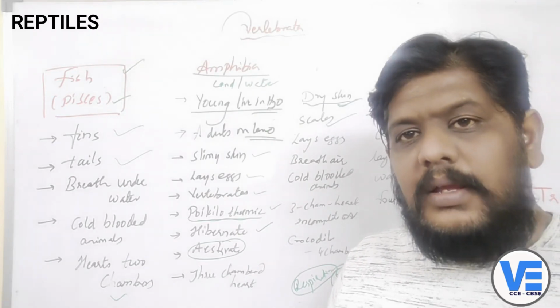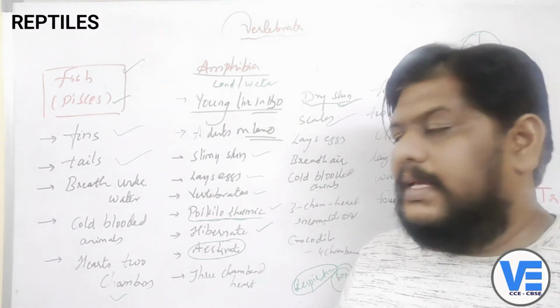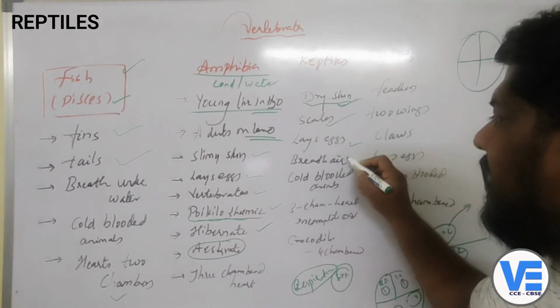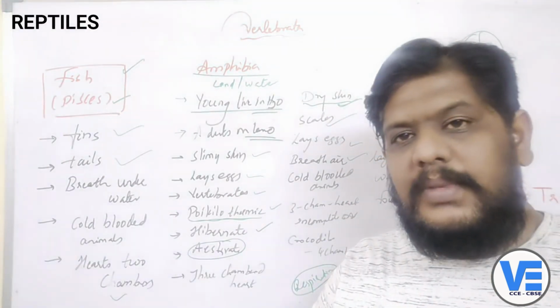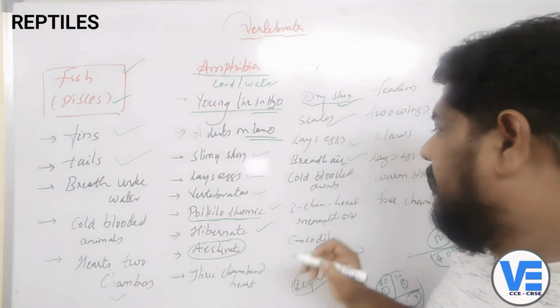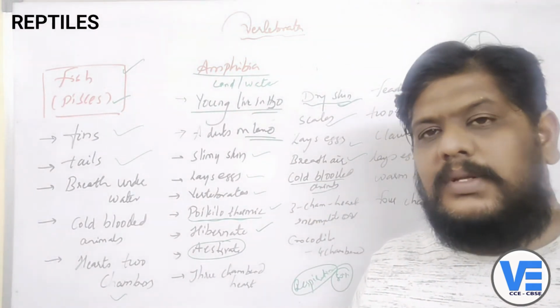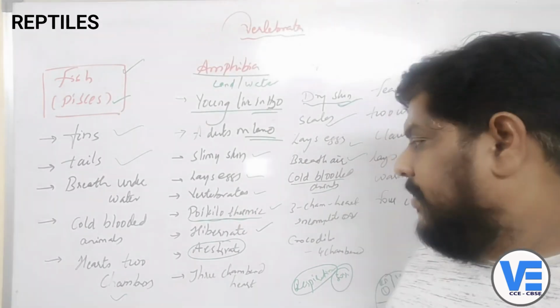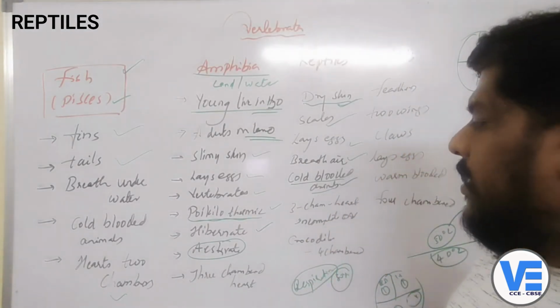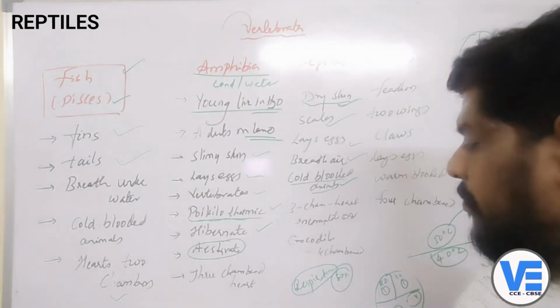So their mode of reproduction is laying eggs. Okay, and they breathe air from the environment. Okay, that is a point. And now these animals are also cold-blooded animals. Already we have discussed what cold-blooded animals are. And also these reptiles basically